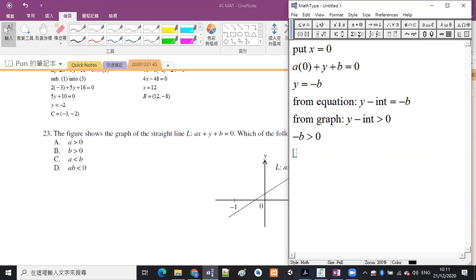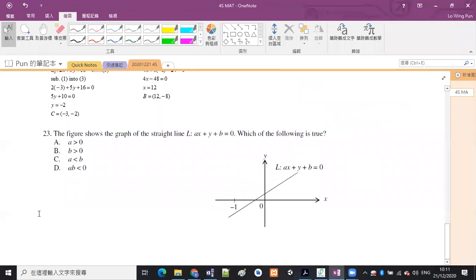But if -b is larger than 0, then b itself should be less than 0. Okay, less than 0. So option B is not correct. Okay, can you get this? 未做完呀。Option B is not correct. How about